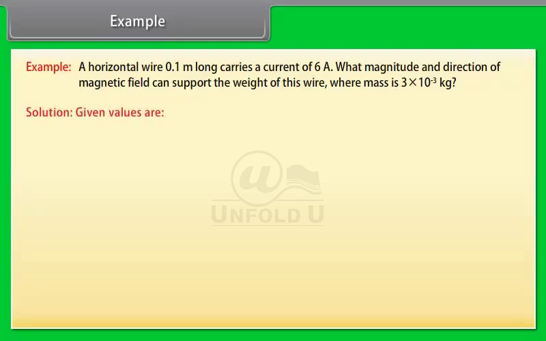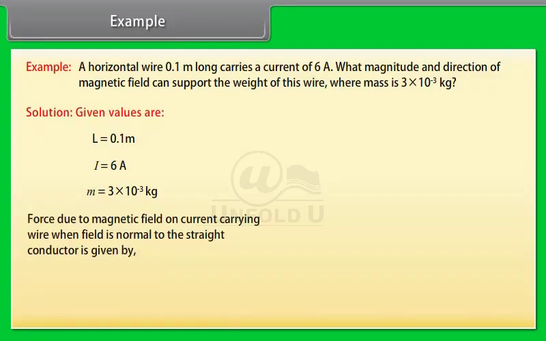Let's see the solution. Here, the given values are L = 0.1 meters, I = 6 amperes, m = 3 × 10^-3 kilogram. Force due to magnetic field on a current-carrying wire, when the field is normal to the straight conductor, is equal to BIL. Weight of wire is given by mg. On comparing these two equations, we get